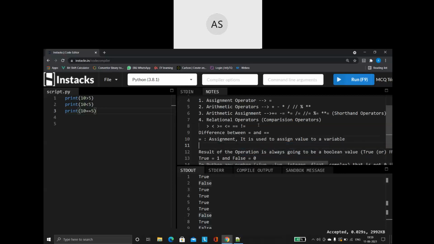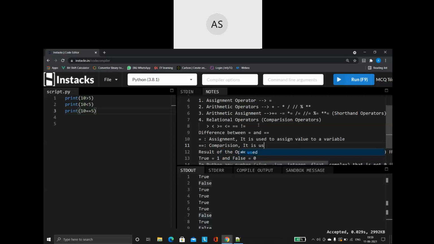Whenever I talk about double equals to, please remember this is a comparison operator. What is it going to do?